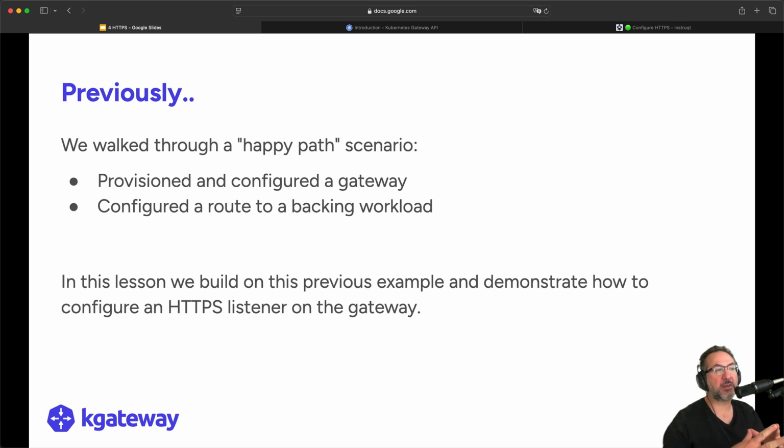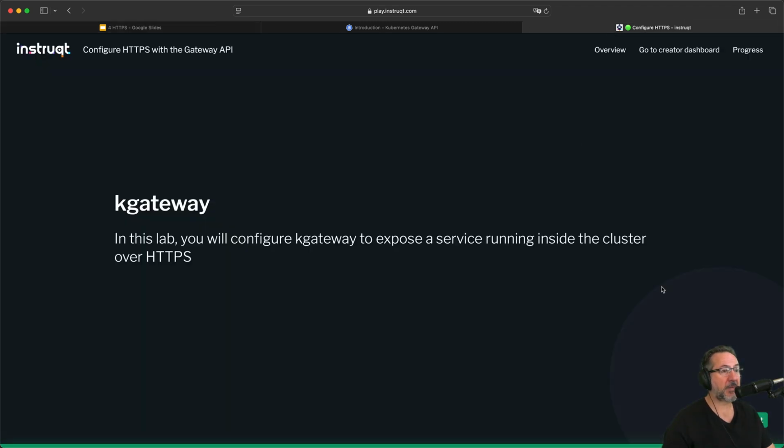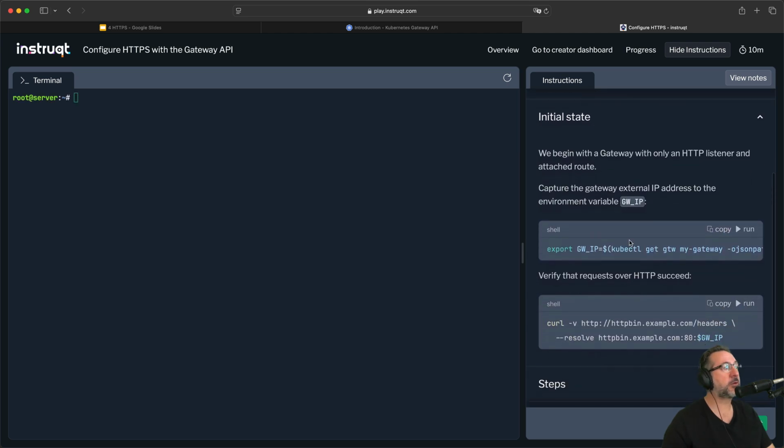for HTTPS. And so that will involve a number of steps: creating a certificate, configuring the gateway with an HTTPS listener and giving it that certificate so that it can serve it to clients, and then retrofitting our route, and also redirecting HTTP requests over to HTTPS. So let's get started. Go ahead and start up our sandbox environment, and we are ready to begin